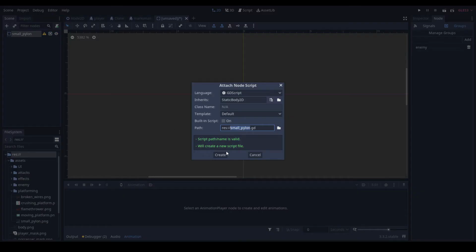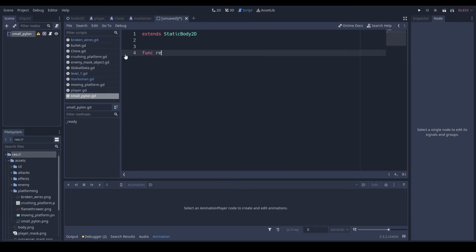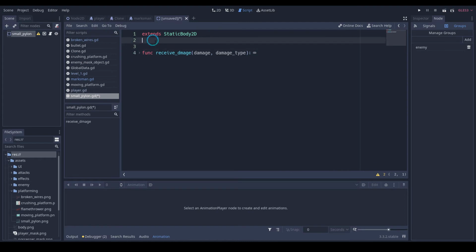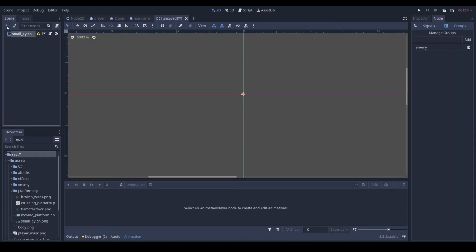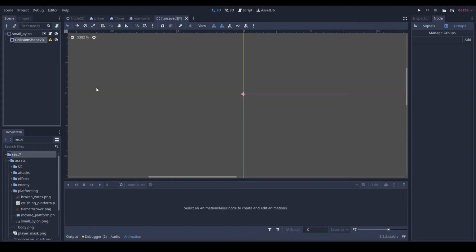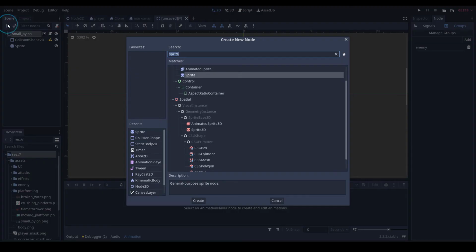Let's go into our script. We need a receive damage because of that, and it's gonna have damage type, but we're just gonna pass in it. We might make it that there's some sort of effect that happens when that happens actually, but for now it's a pass. We'll add a collision shape 2D and a sprite and an animation